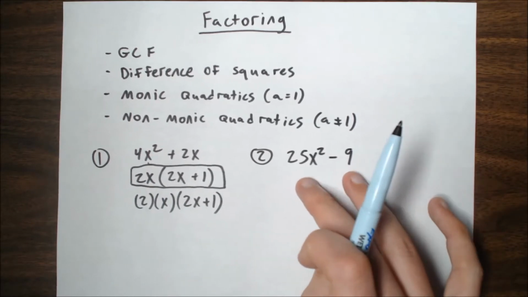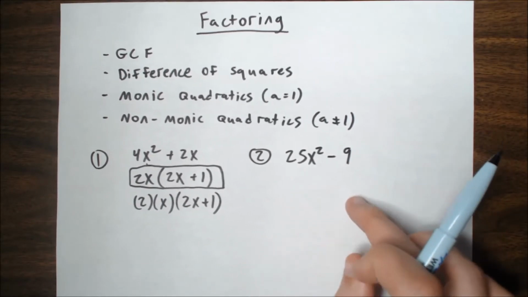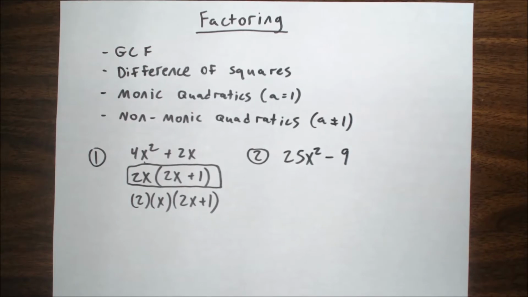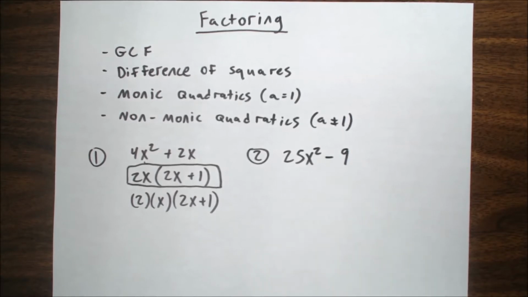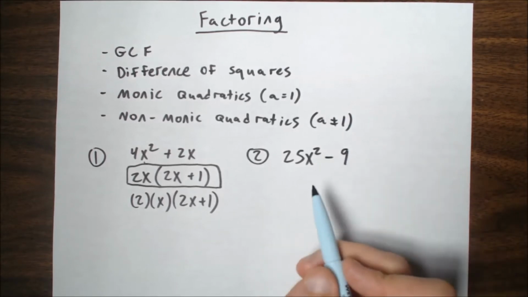But if I see two terms, both terms are perfect squares, and there's a subtraction sign in the middle, it's a pretty strong indication that I need to use a difference of squares to factor this, okay? In fact, there's not even a GCF you could pull out on this one if you wanted to. Okay, so